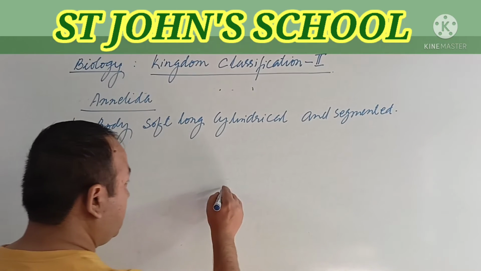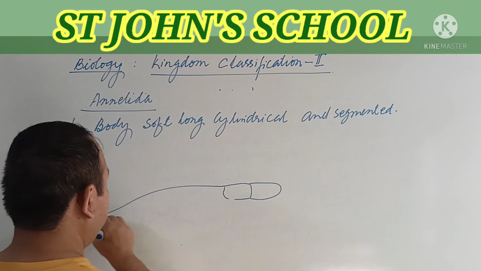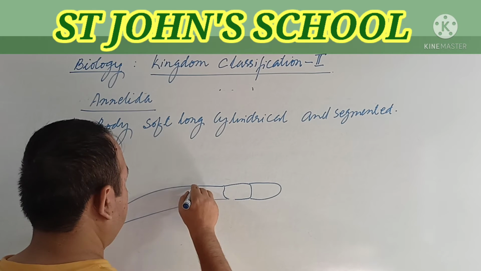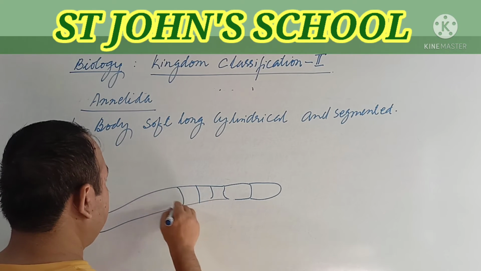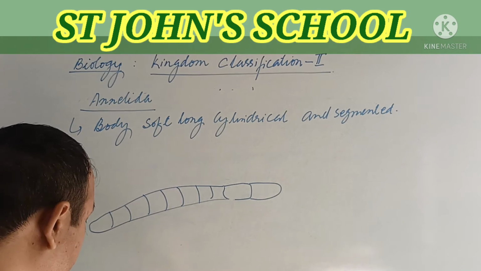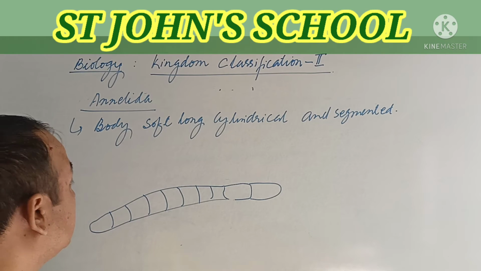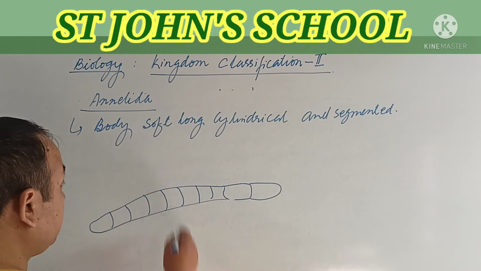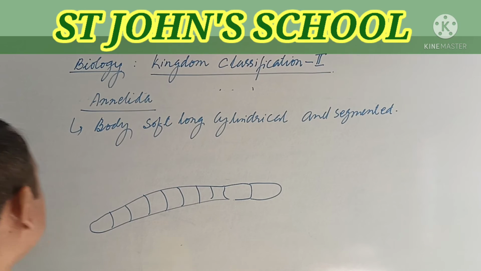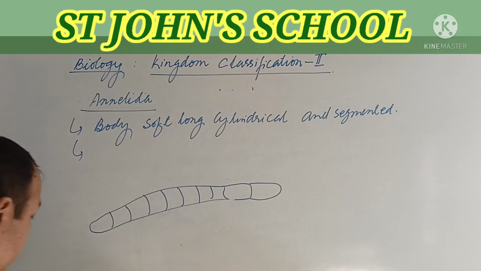Okay, suppose this is the earthworm. Here circular rings are present in their body like this. These circular rings are usually called segments. They have bristle-like structures also, but that will come later. So here we can mention that